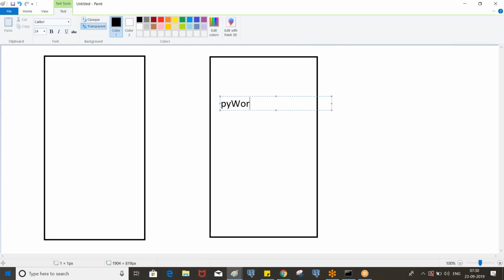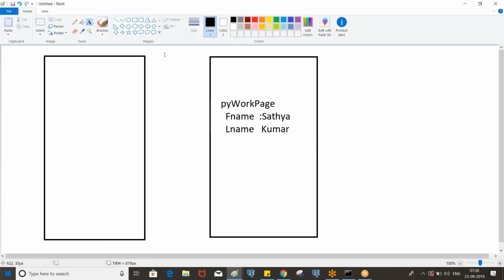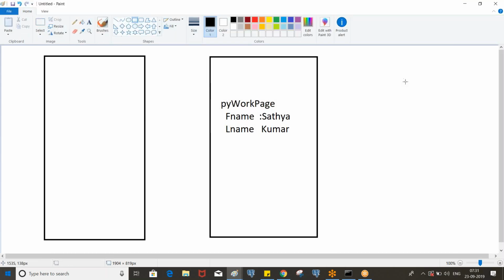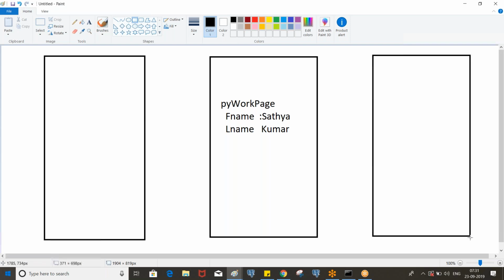And on the pyWorkPage you see all the properties like first name, last name, and associated data, etc. Right? And the same data will be stored in the database table as a single record. So one page is equivalent to one record.